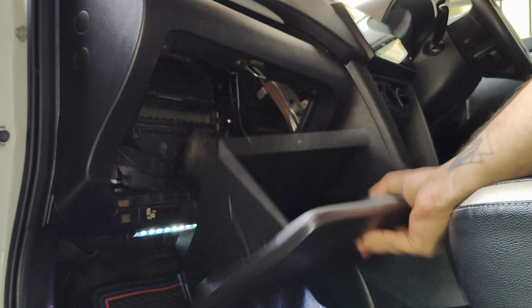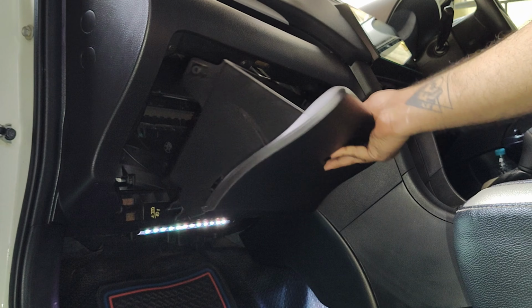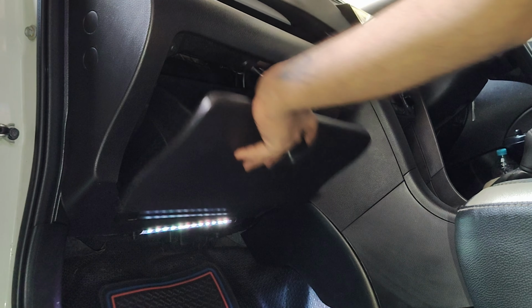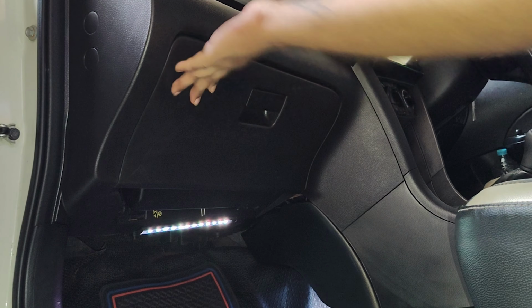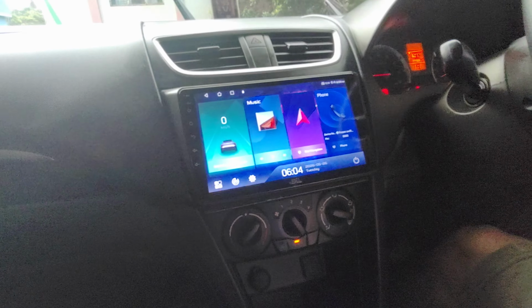When you are done changing the filter, line up the bottom C-clips onto the lower hinge bars and press down until they snap into place. Then, simply push the glove box straight up and slam it shut. The side tabs are designed to automatically compress and pop back into place on their own.